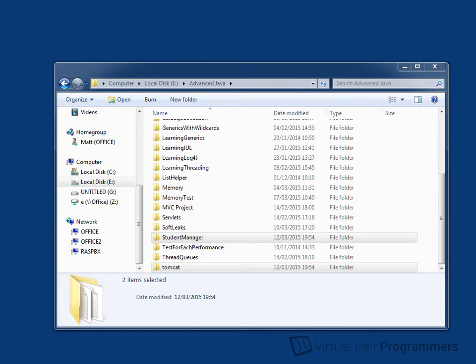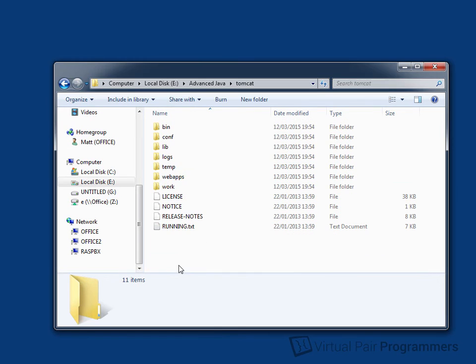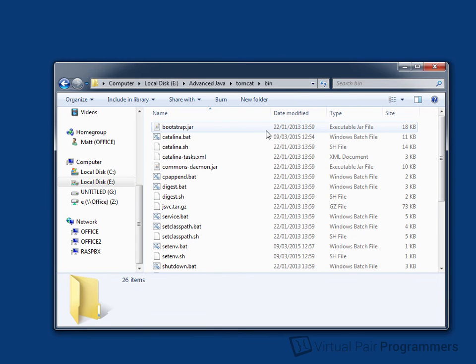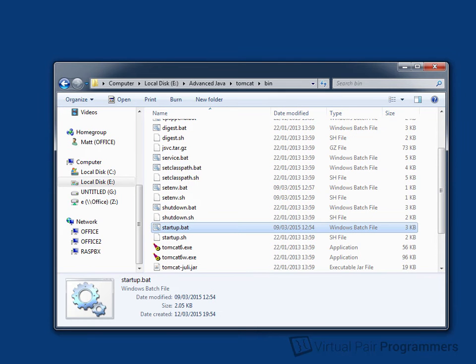So the first thing we need to do is to start the Tomcat application. Tomcat, if you've not used it before, is a web server that runs Java. And to start this, go into the Tomcat folder and navigate to the bin folder, and you're looking for the file called startup. Now on a Windows computer like me, you can just click this startup.bat file. If you're using Linux or a Mac, navigate to this folder and issue the command . space and then another dot, a /